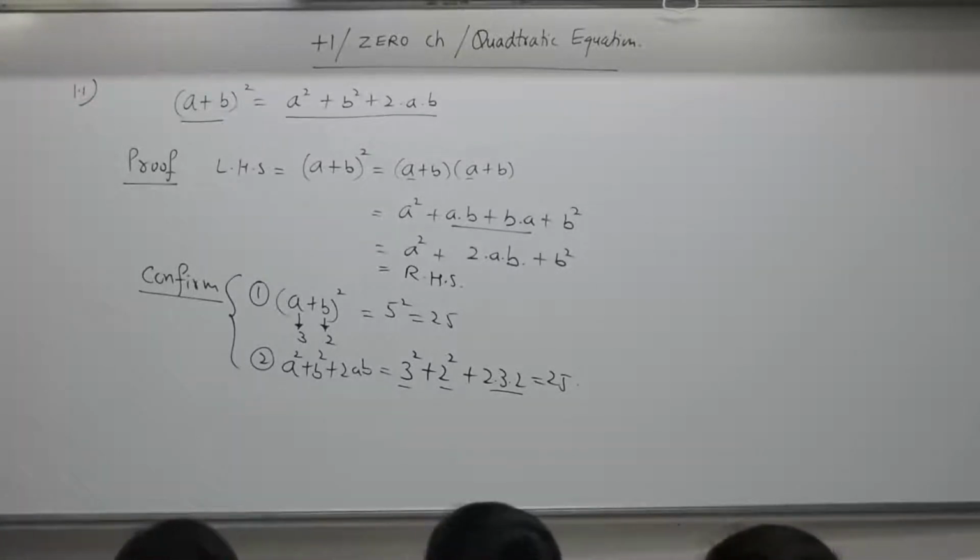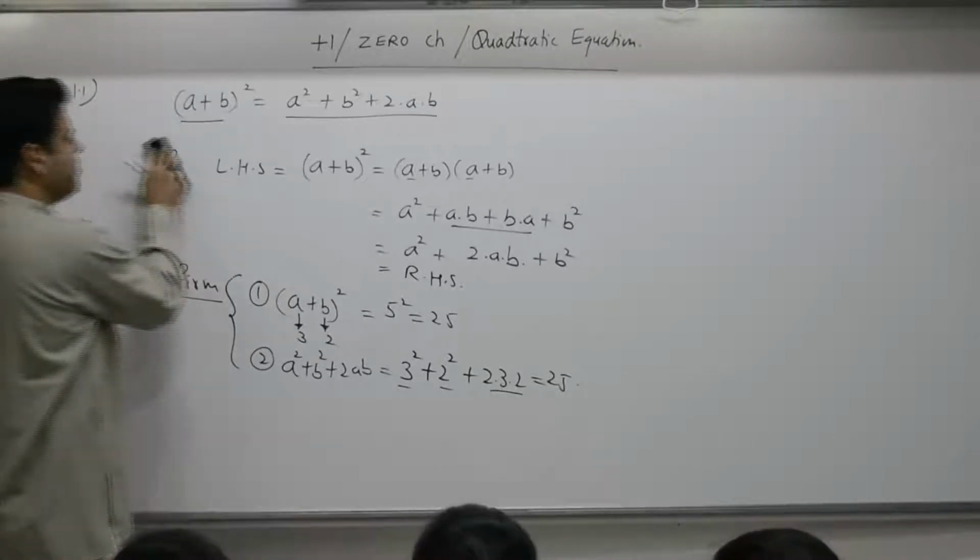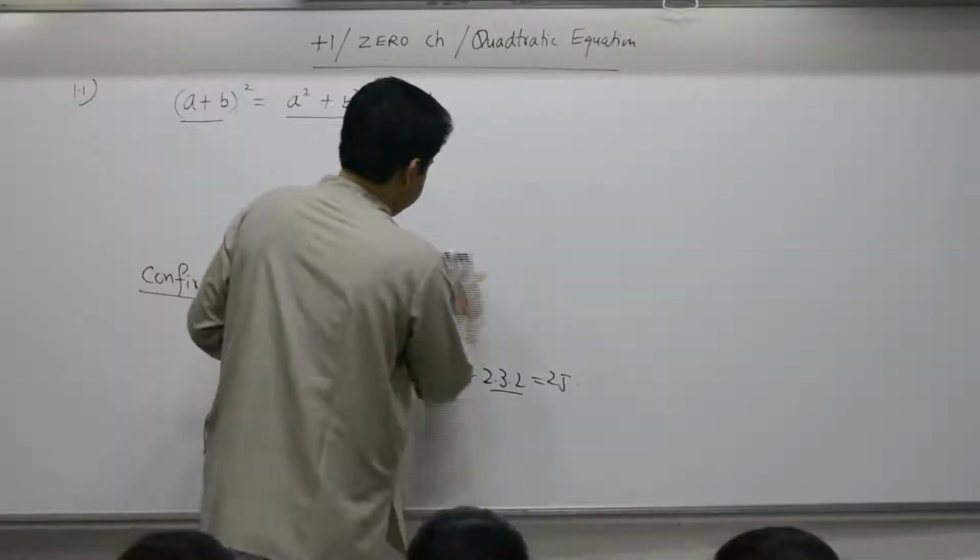Then a minus b square is equal to what? A square plus b square minus 2ab. A plus b cube, formula number 5. बोलो. So as and when required, we generally need a plus b square चाहिए या a minus b square चाहिए. That's it. First part.